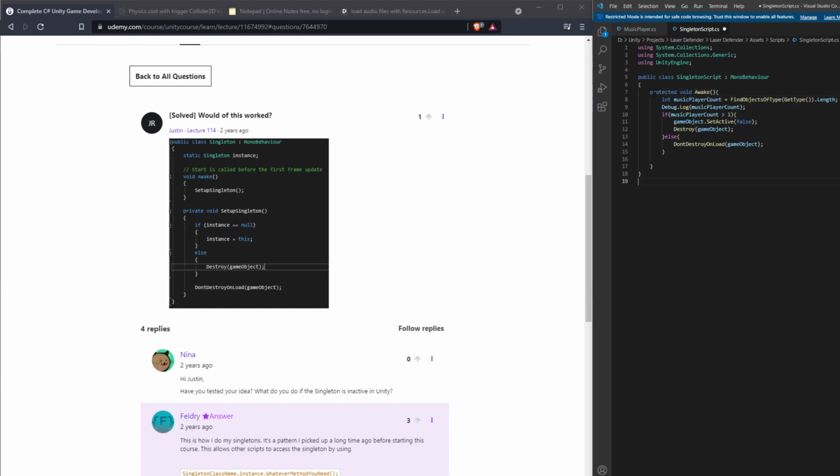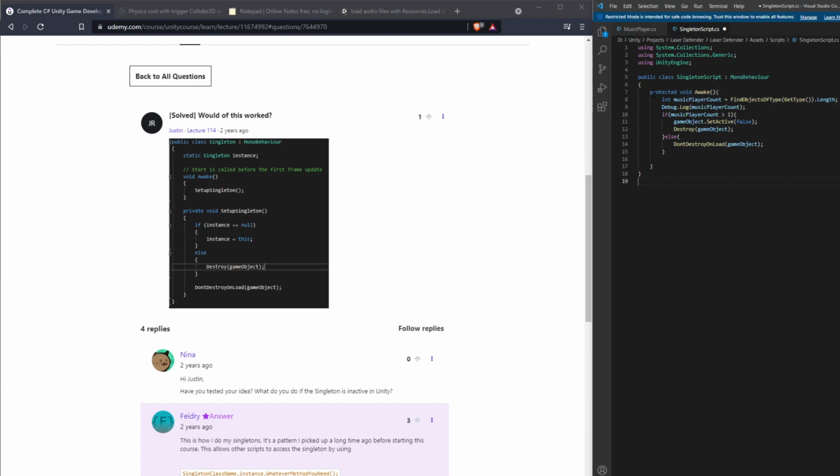Because if it's private, even any children won't be able to get it. By using protected, we make sure that only people who inherit this class can have access to this method here, and anyone who inherits it